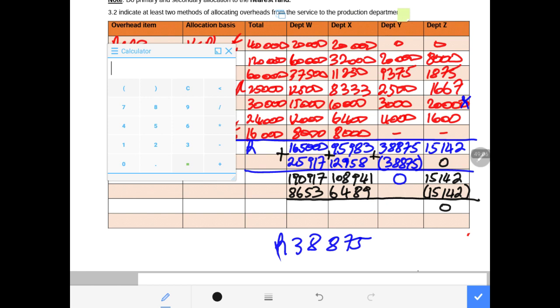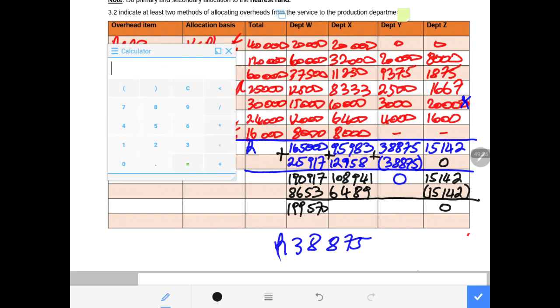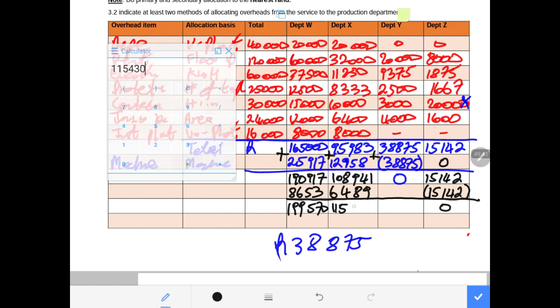So now we need to close our primary allocation. Secondary allocation, in fact, 190,917 plus 8,653. It gives us 199,570. Then we say 108,941 plus 6,489, which is 115,430. So now this is our final